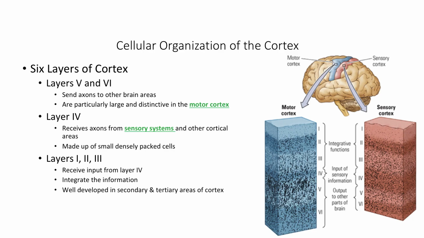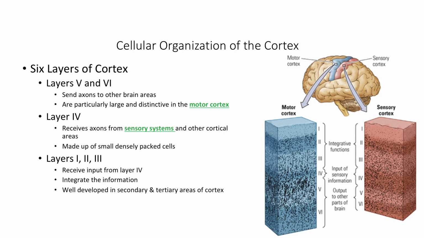Okay, so let's go over the 6 different layers of the cortex. If you have motor cortex or sensory cortex, this is a little bit different, but we still have 6 layers in each. So the neurons in the neocortex are arranged in 6 layers. The layers' function relates to their input and also to their output. So larger layers typically